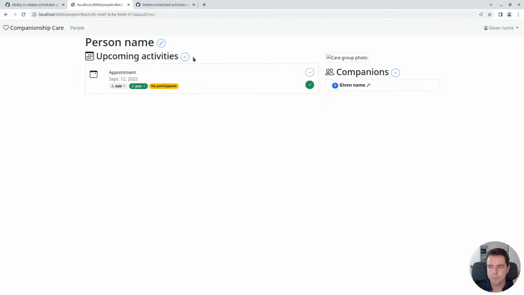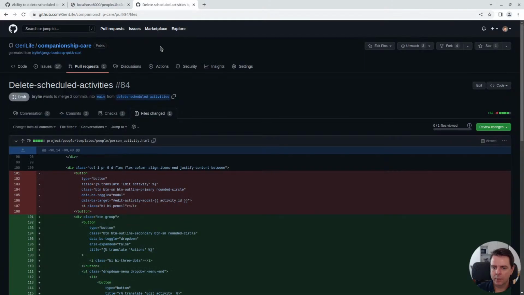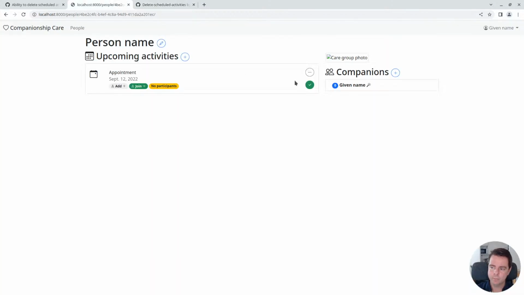So here's the code without further ado. I've started on the outside and we're working our way in. So we're working just through the user interface at this point. In the following session, I'll start with the backend logic. It's essentially a view that will allow us to delete the activity. But for now, I wanted to focus on just reorganizing the user interface, adding this button with the ellipsis, and